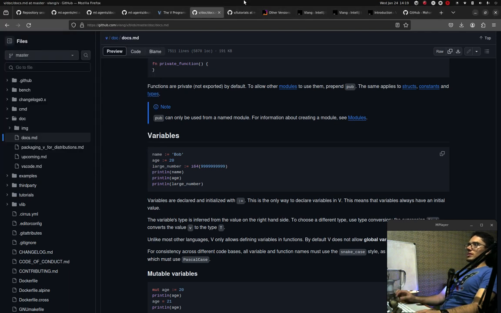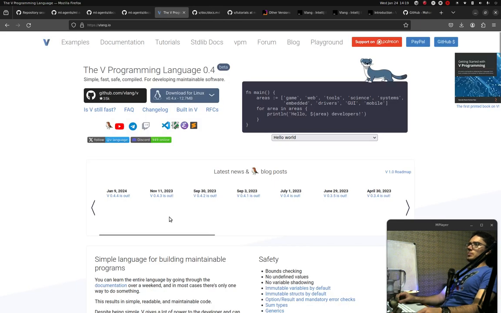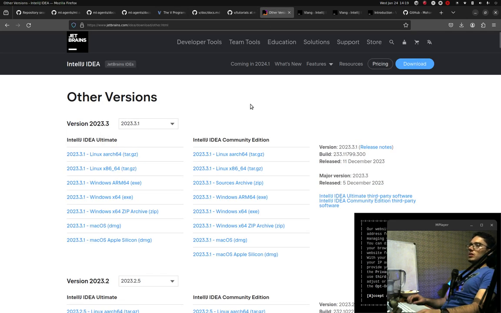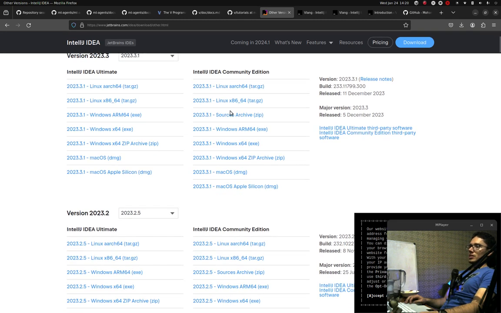Now there's a compatibility problem with IntelliJ and Vlang. If you go to the vlang.io website, you find that the IntelliJ logo is not there anymore. The reason is that the latest version of IntelliJ is not compatible with the Vlang plugin for IntelliJ. This means that if you want to use Vlang in IntelliJ, which is really the best way to use Vlang, and Vlang is really probably the best programming language out there right now,